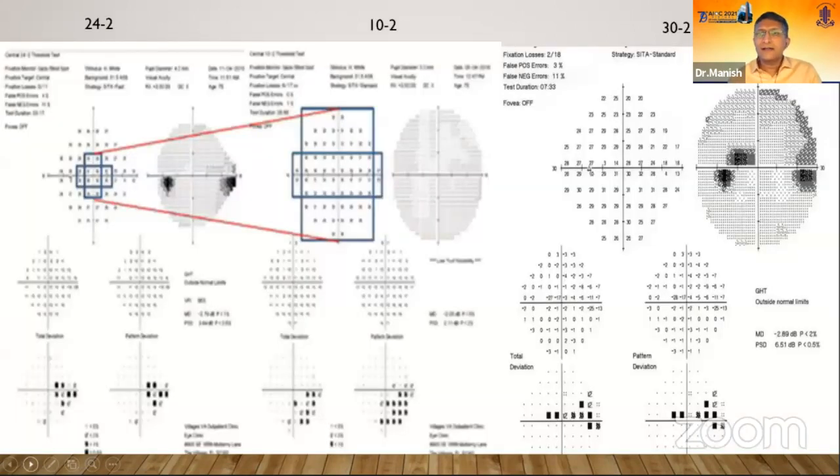So these are the standard layouts. As you can see, to your far extreme right is the standard 30-2 test. In the middle is the 10-2, and what I want to make out is that it is only the central 10 degrees of field, and a pretty intensive 68 points are tested. The 24-2, the most popular test, tests the entire field in 24 degrees, and the nasal area, as you can see, is extending up to 30 degrees. And these kinds of changes in the nasal step region are better studied if you test up to 30 degrees over there.